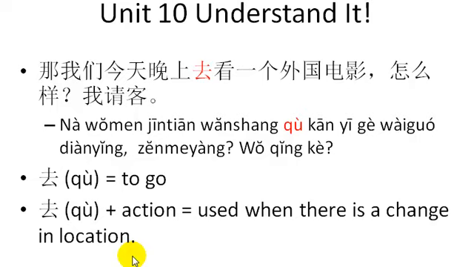I'm going to go to the movie. I'm going to go to the store. Or I'm going to go watch a movie. I'm going to go walk to the store. I'm going to go. So you can have this go plus a verb, 去, plus an action verb, just like in English. So here it's 去看. So 那我们今天晚上去看 go watch. We're going to go and we're going to watch. Okay?